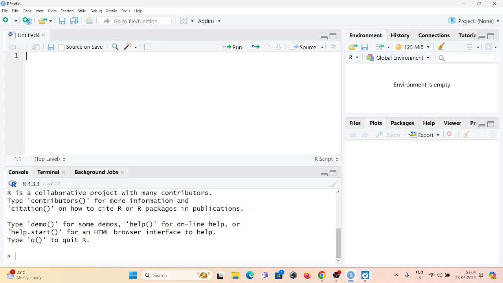So we will do all the things using RStudio. That means it is an IDE. What is RStudio? This is an IDE to run the R code. So we will just deal with the missing values. That means we'll deal with the data set that consists of NA values through the use of RStudio.